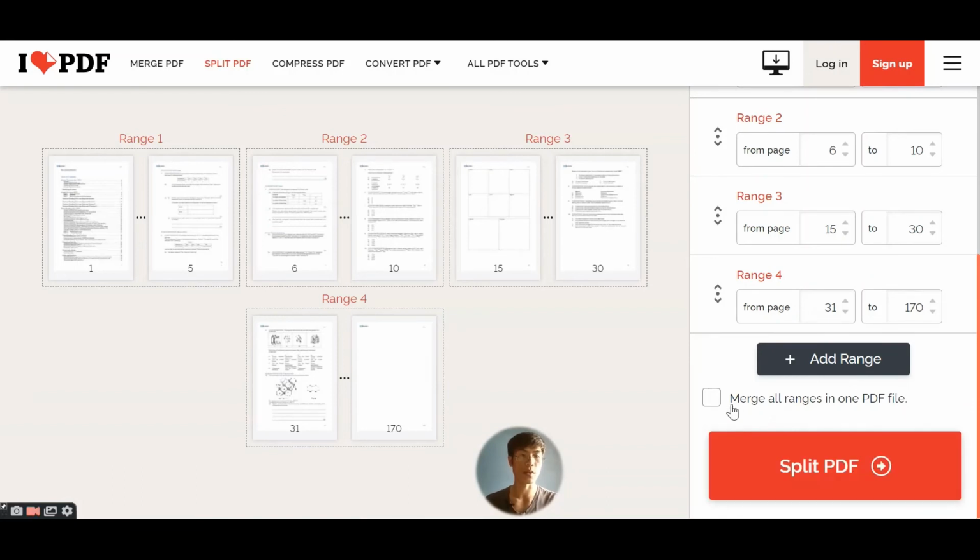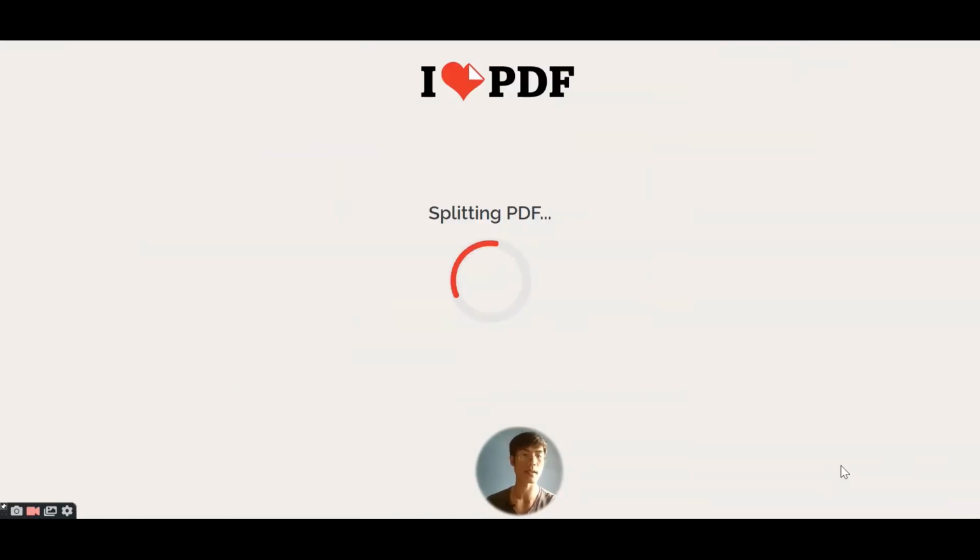We also have this option, merge all ranges in one PDF file. I'm not going to choose this option, so we can skip it and directly go to the split PDF button. Once you are ready, hit the split PDF button, and it's splitting. Just wait for a couple of seconds,